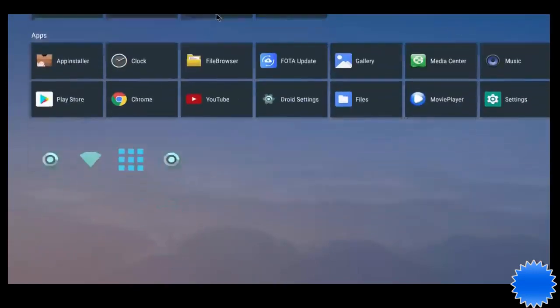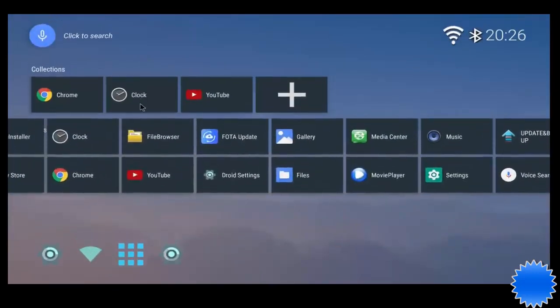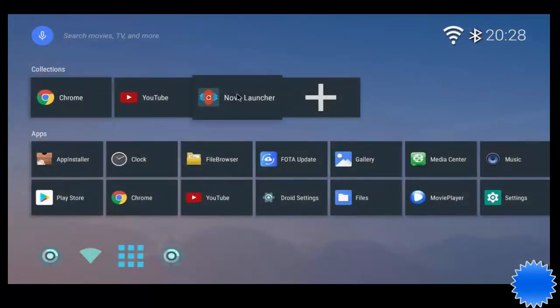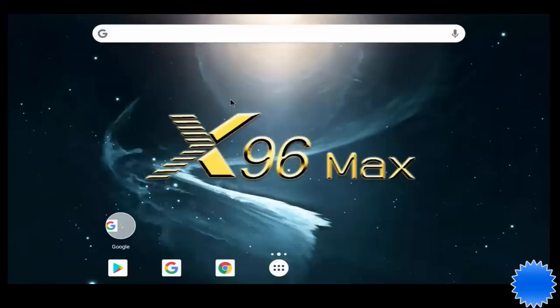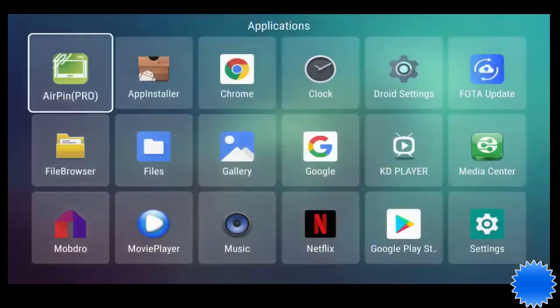This makes operating the launcher a bit difficult with a mouse, as there is no multitasking button for easy switching between apps. You can install an alternative launcher like the Nova launcher, but there is no navigation bar or drag and drop feature. In the apps section, you get pre-installed apps like AirPin Pro, App Installer, Chrome Browser, Kodi Player,